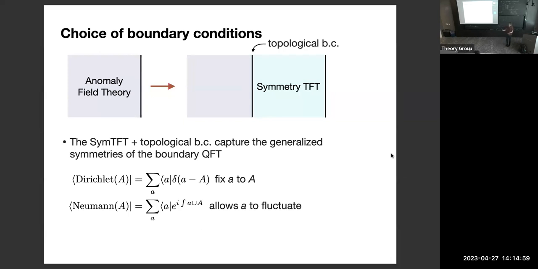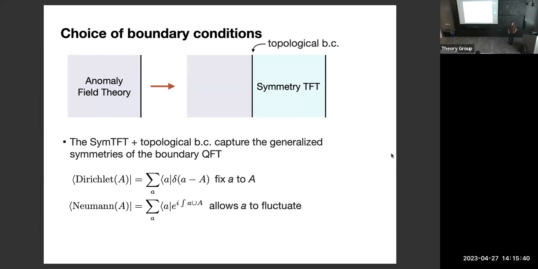So in some sense, one might argue that this is the upgraded notion of anomaly inflow for non-invertible symmetries. And I'm kind of sympathetic to that point of view. I think there probably isn't a notion of background fields in general for them. There probably isn't a notion of an invertible bulk in general. That might be true. But maybe we could talk later. Okay. For me, this is the most interesting question about this. I am interested in understanding what is the statement of anomaly inflow for non-invertible symmetries? And maybe the answer is that it's the symmetry TFT picture and that's as good as it gets. But I don't know, maybe not. Okay.